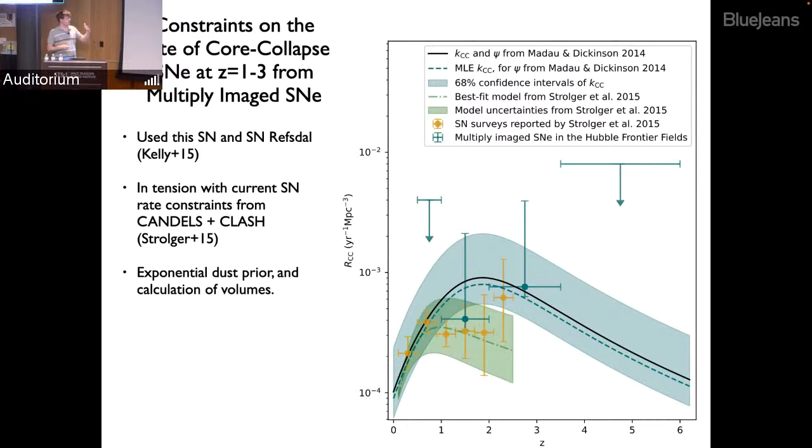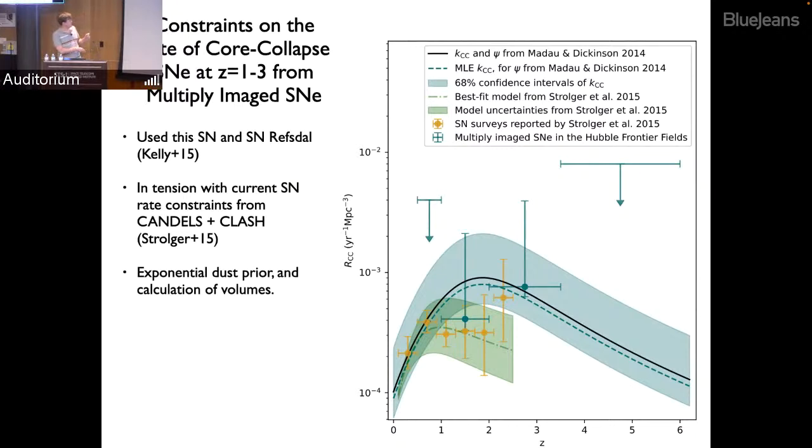Sorry, the core collapse supernova rate at higher redshift. And so Wenlei and I took Refstal and this supernova I just described, which was in a Hubble Frontier Fields cluster, and used that to put constraints on the rate of core collapse supernovae up to redshift 3. And this, it turns out, agrees with the number you would expect given the canonical Milky Way IMF and the Madau and Dickinson star formation history,